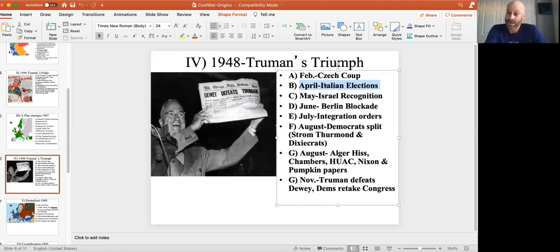We even got the Pope in on it. The Pope met with the CIA and we said, you know, it'd be great. You have a lot of cachet in Italy. You're a Catholic country. And the Pope actually went on radio and said, any young girl, if you're dating a young man that's a communist, you cannot get married in the church. Your children cannot be baptized. And that was devastating to millions of young people who wanted to get married in the Catholic Church.